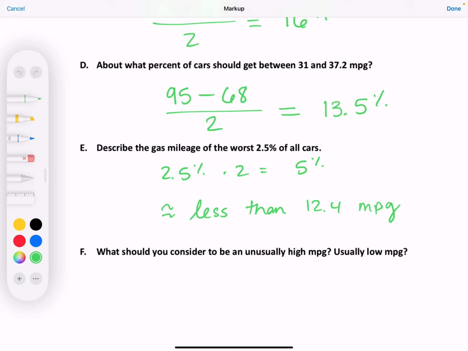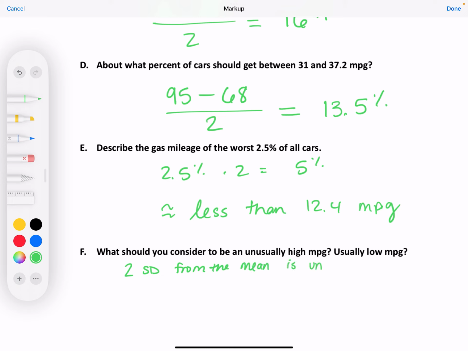Is it like above or below? Well, yeah. If it's not 3 or 4, it's got to either be above or below that. Like above 3 and below 3. So how about anything 2 standard deviations from the mean